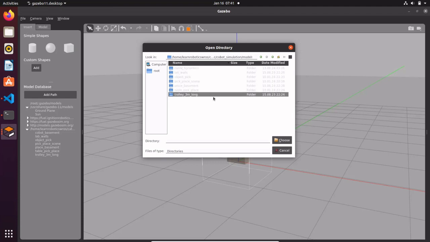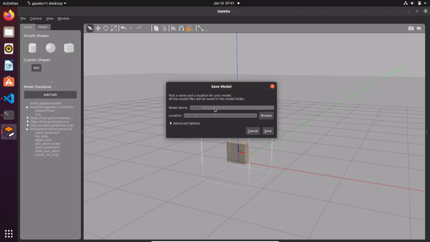So you need to select the folder where you want to save, you choose here, and then you type the name of the model that you want to save. I'm not going to do that because I already did. So I'm going to cancel it,